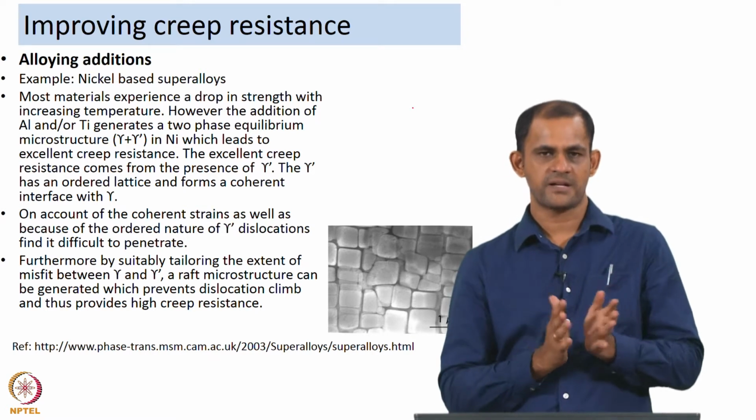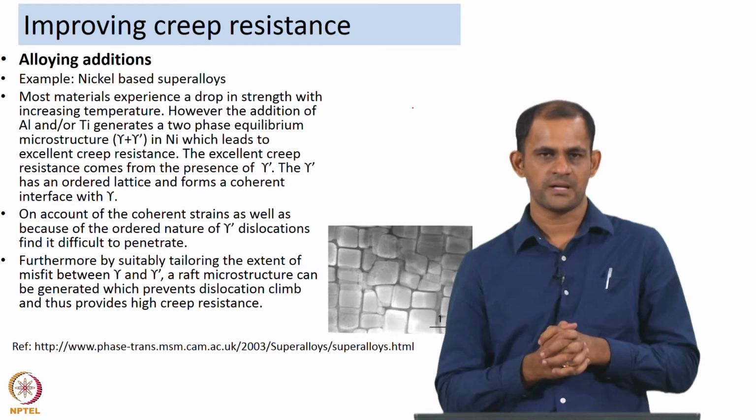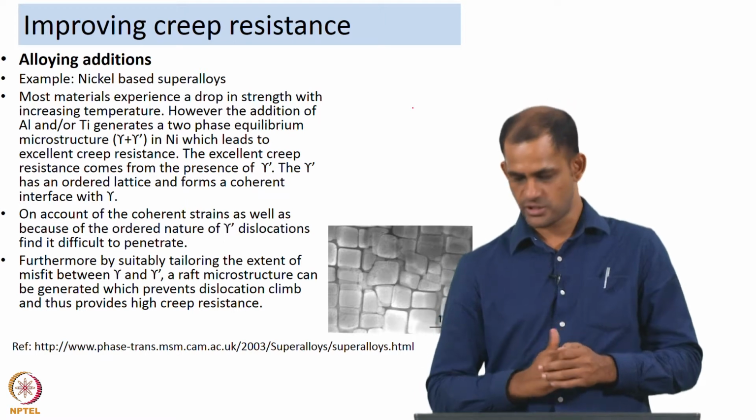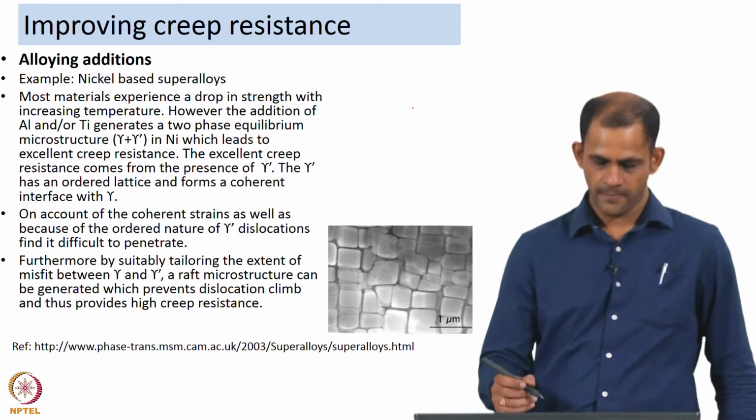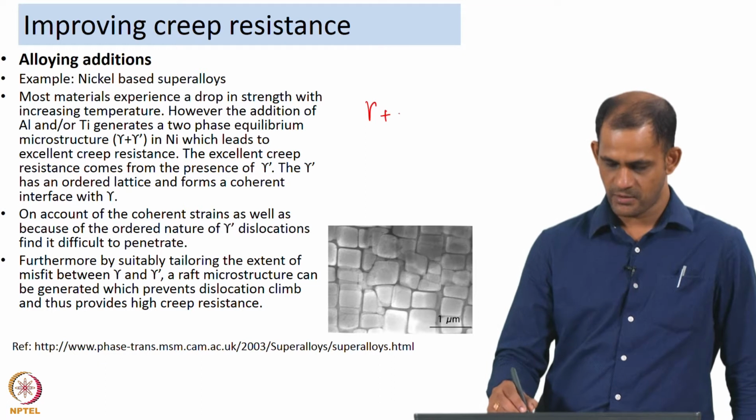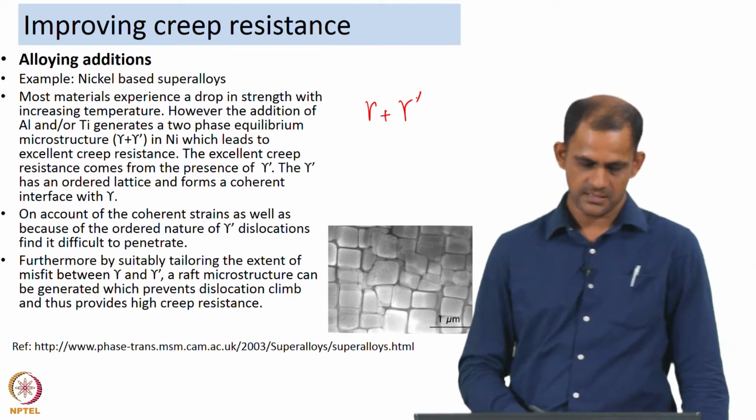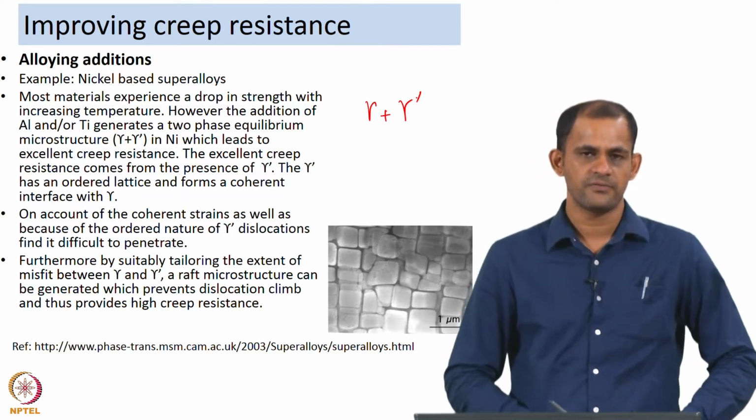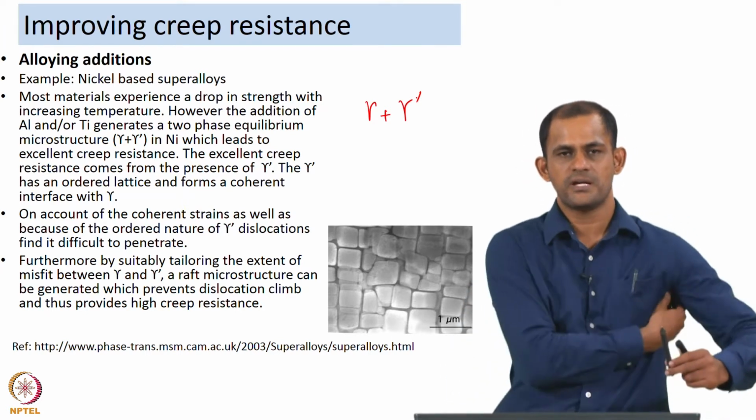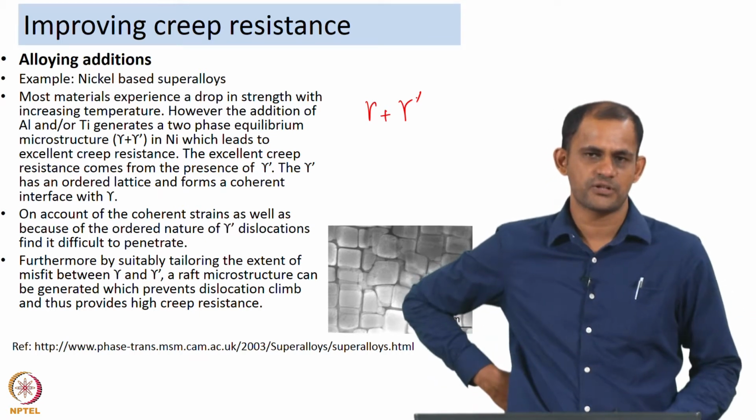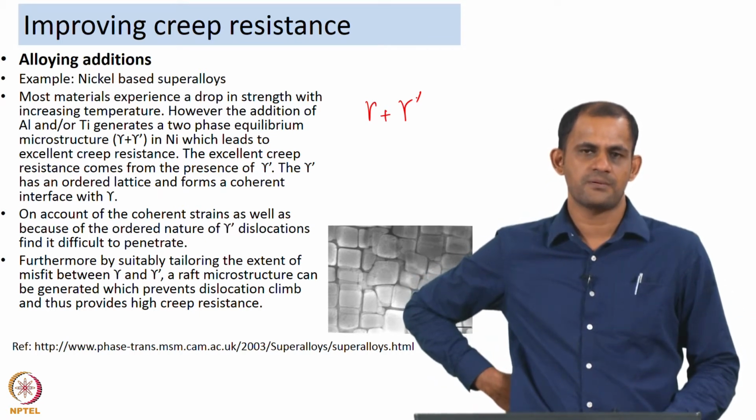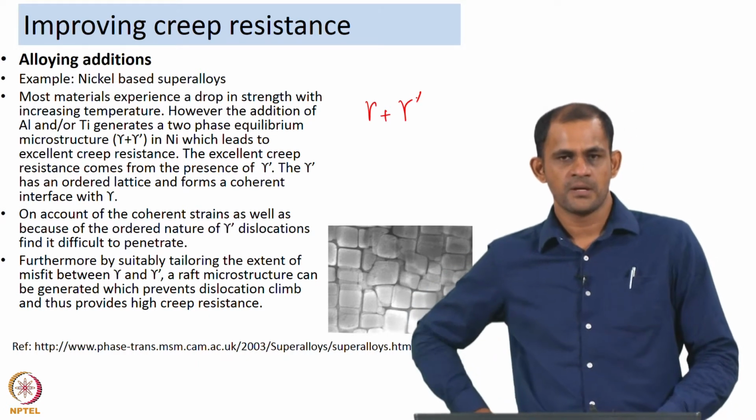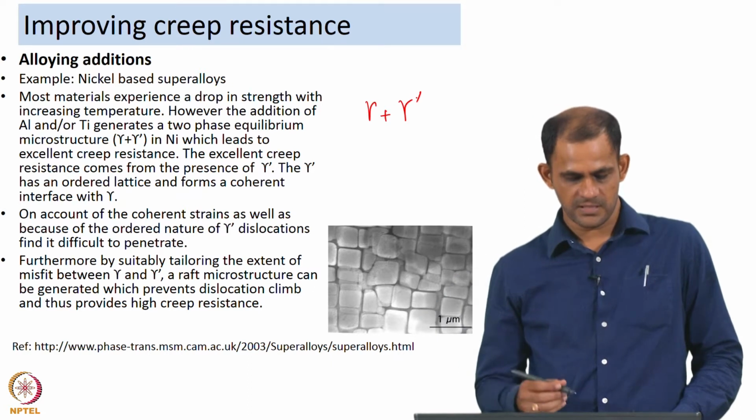The aluminum and titanium elements, when they are added to nickel, allow the development of a two phase equilibrium microstructure. So, you have a two phase microstructure, the matrix is gamma, and you have a second phase that forms, which is known as gamma dash. This two phase microstructure leads to the development of an excellent creep resistance. So, here the aluminum and titanium addition is actually causing the development of a microstructure which is creep resistant, and the creep resistance comes from the presence of gamma dash, because